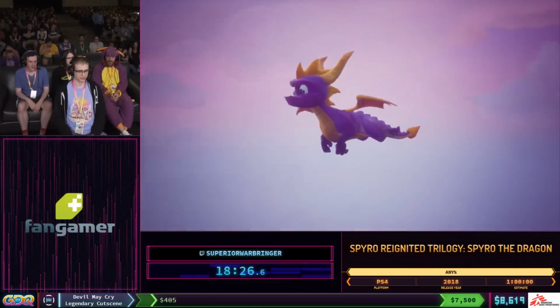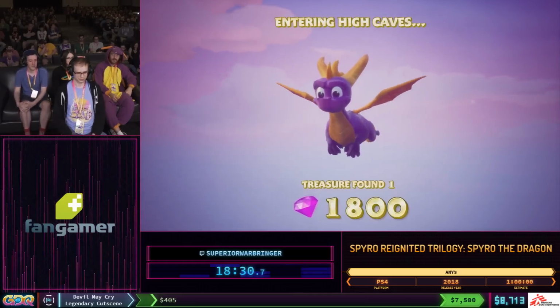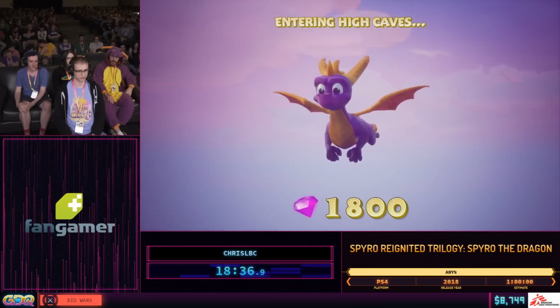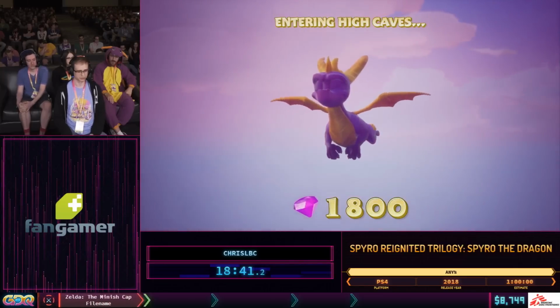So this is really where the route kind of differs from the original game. The route that I do in the original, there's a certain path you can take in this level which you can't really do efficiently in this version of the game. So I'm actually reverting to...